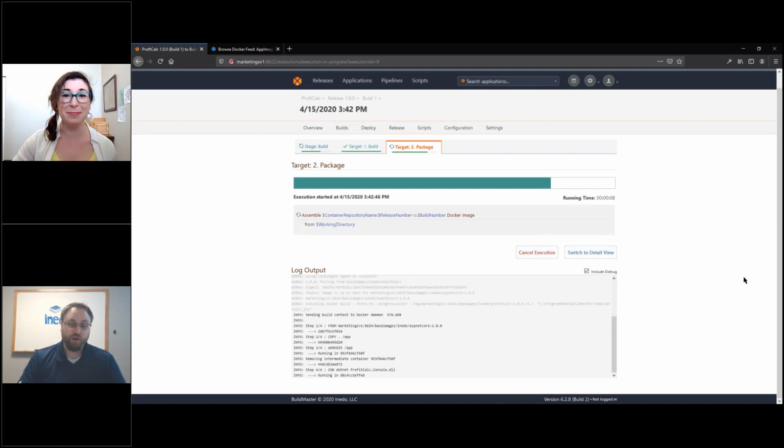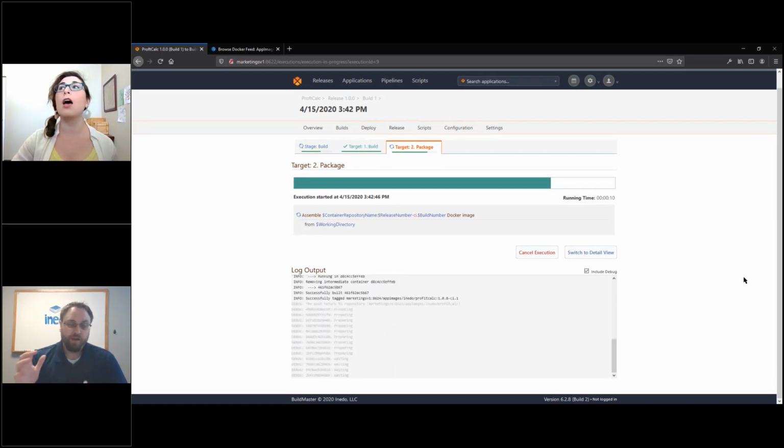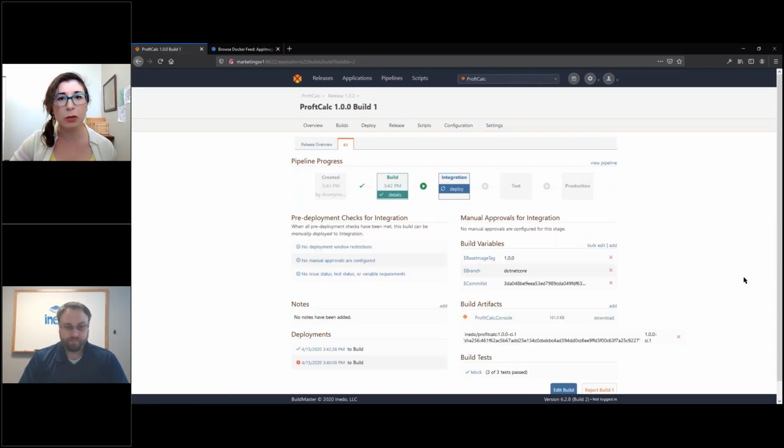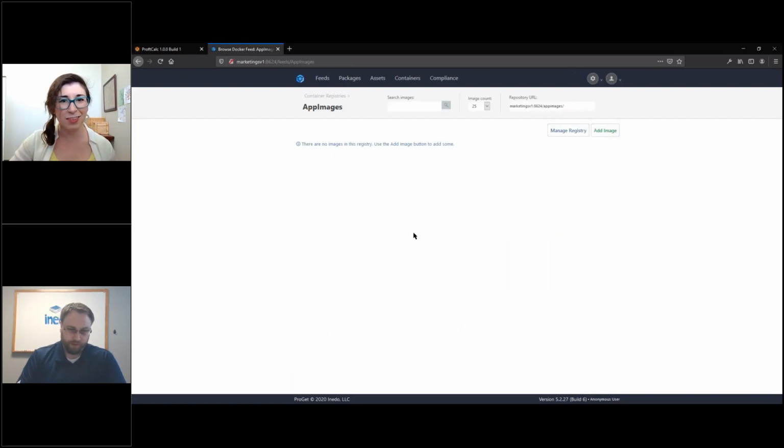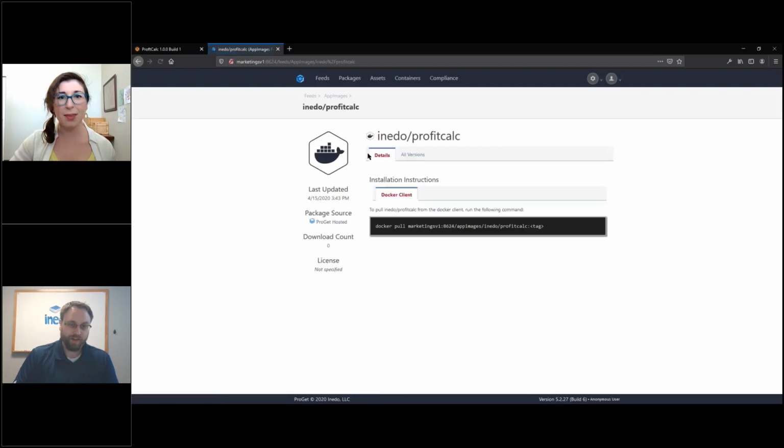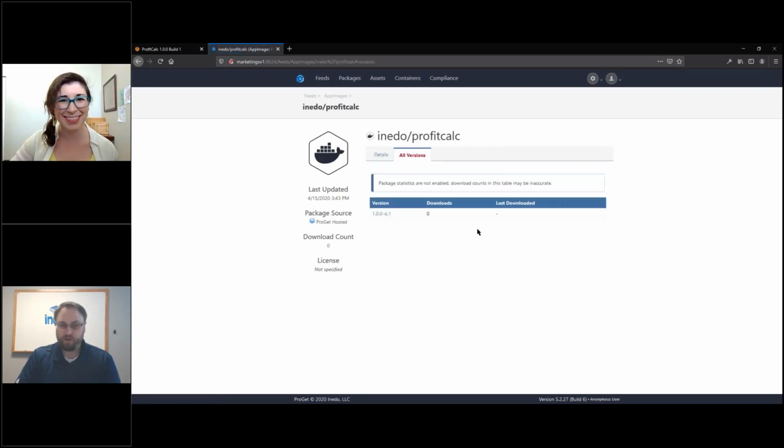All right, so now we're actually going through and packaging our application into a container, and we're pushing this up to ProGet. Okay, so I see that we've moved on to target to package. Yep. Okay. All right, so we've now just published our containerized version of our application to ProGet. I'm going to switch over to ProGet real quick, and I'm going to show my image. Here it is, Inedo Profit Calc, and all versions,